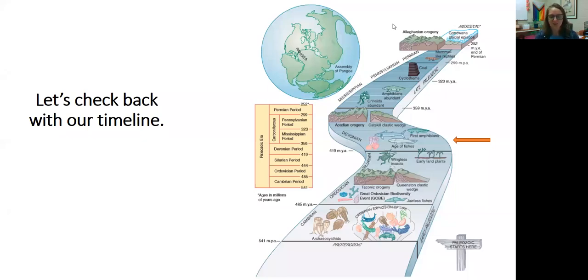And check back in with our timeline. Okay? So we've talked about the Cambrian explosion of life. We've talked about the Great Ordovician biodiversification event. We have talked about the rise of the early fishes that didn't have jaws, then the fishes that evolved to have jaws, eventually to have bones. Now we're getting into the very first land-dwelling animals, the amphibians, and this is occurring during the Devonian about 400